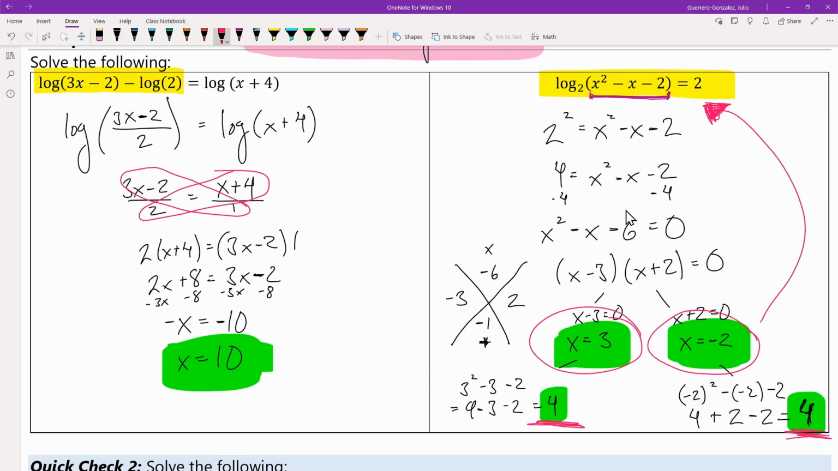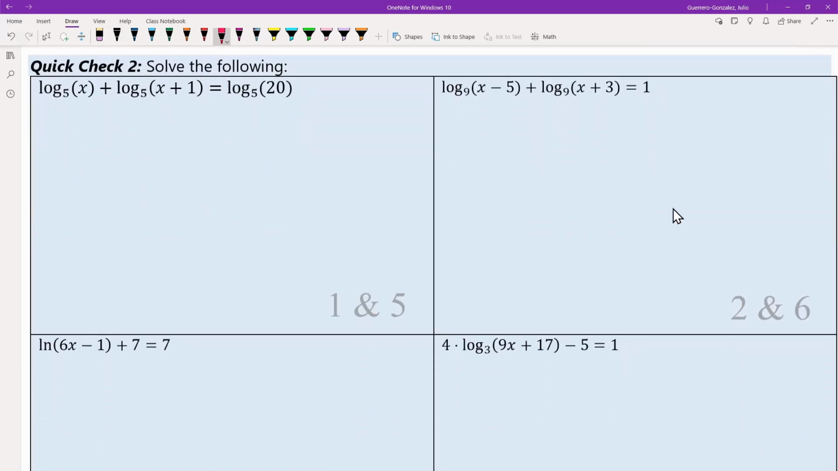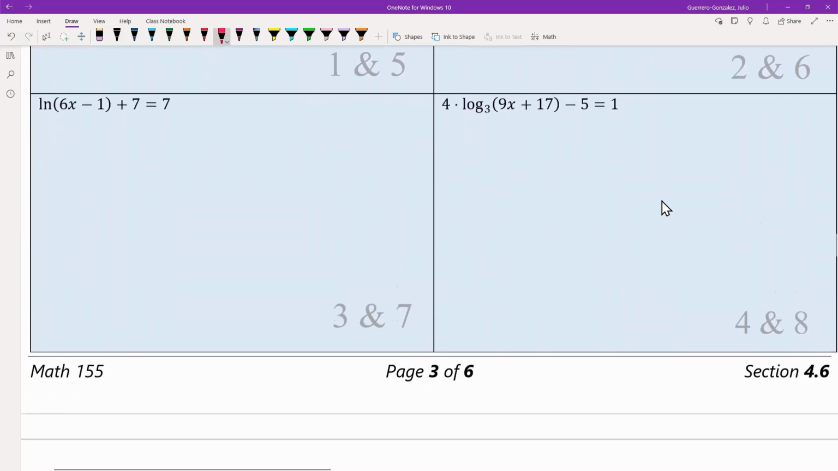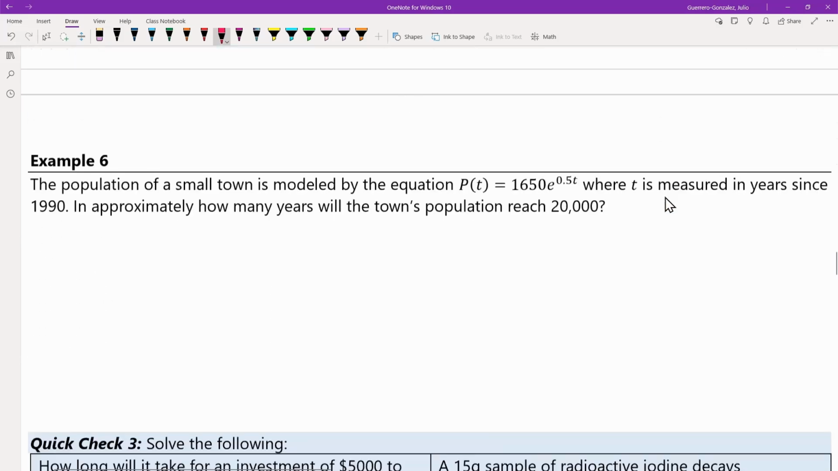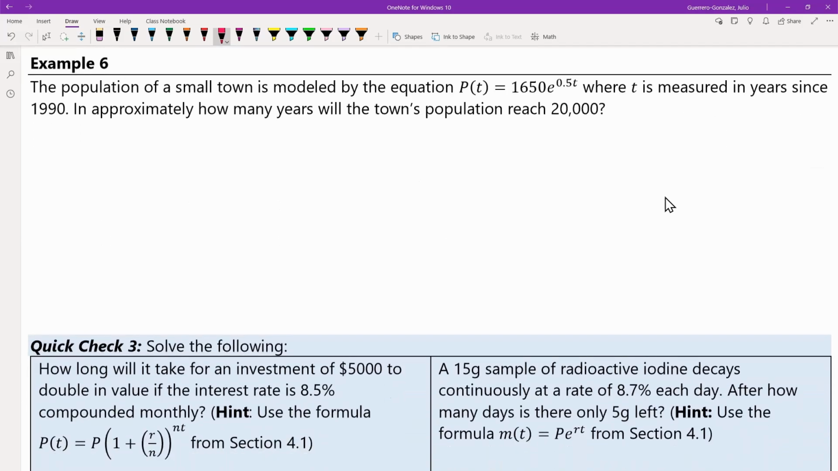Okay, what comes up next? Quick checks. We're getting into the good stuff. This is solving out logarithmic equations, right? Okay, so now we're getting into parts of the class that are much more applied math than sort of theoretical